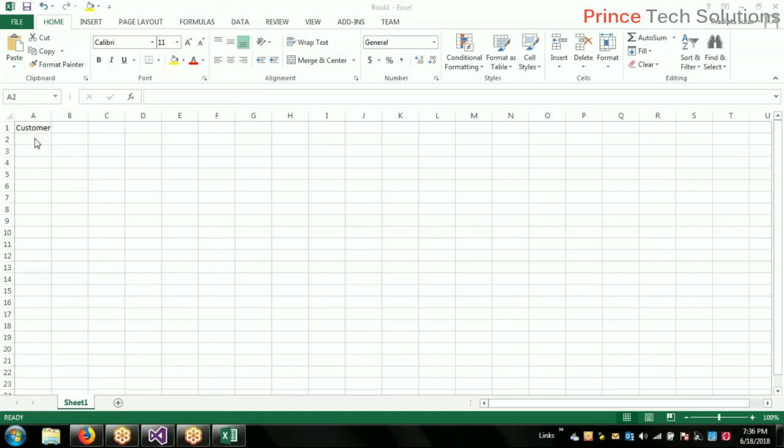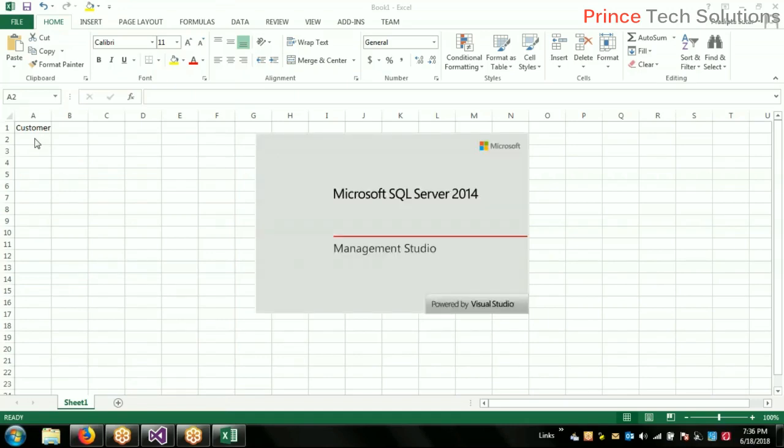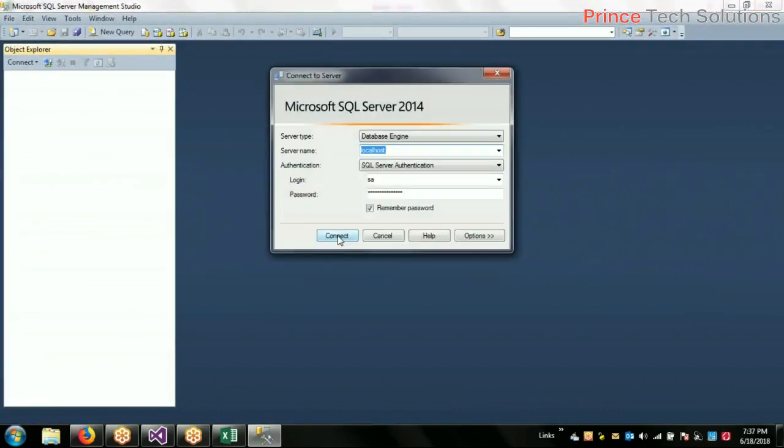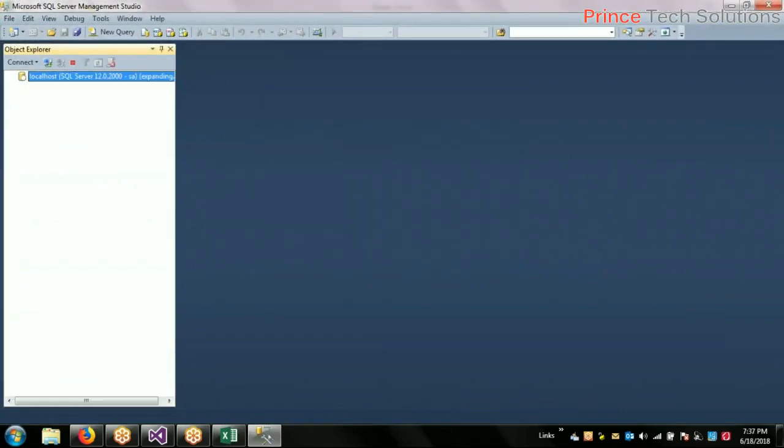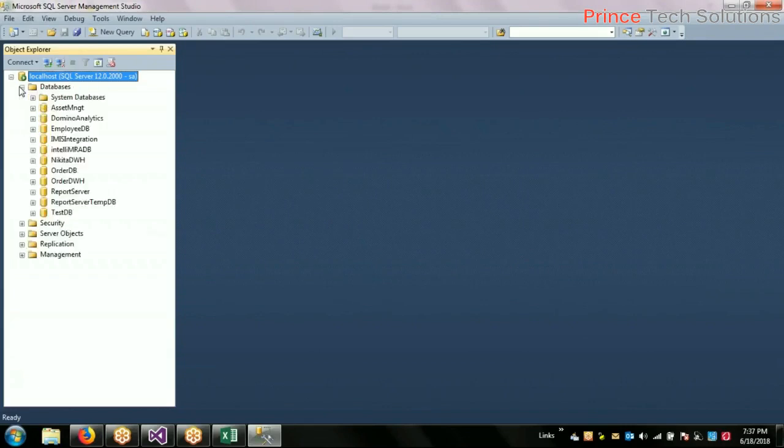In the customer table, we have customer code, which is the primary key and uniquely identifies each customer. We have customer name, customer city, state, and country. All this information is in the source table, and every day the job runs and this data goes to the destination table. Sometimes one customer remains the same, but it's